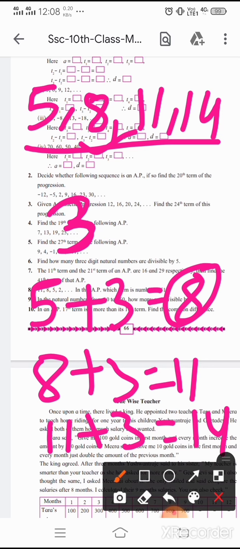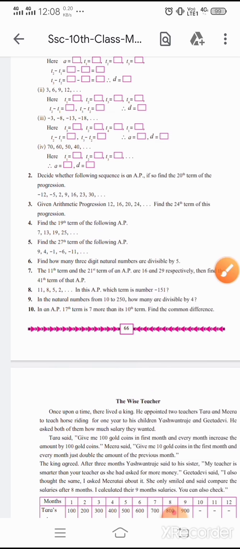But can you think, reaching up to the 100th term, you'll have to find the 100th term. How many terms? 100, right? In this way, reaching up to the 100th term will be very time consuming, right? इसमें बहुत टाइम लगेगा. So obviously, you have to complete 100 numbers, so you will be having so much time, it is time consuming.